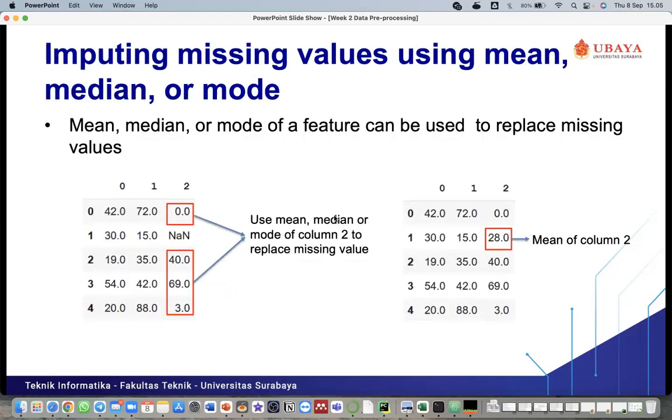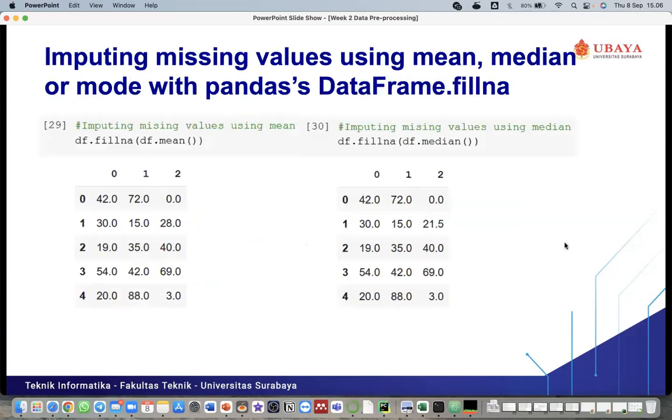And the last one, we can use the mean, median, or mode for putting a new number into the not a number values. We can just calculate the mean value for all samples in our data set on attribute number 2, and we get a mean value of 28. Or we can also use the median value.